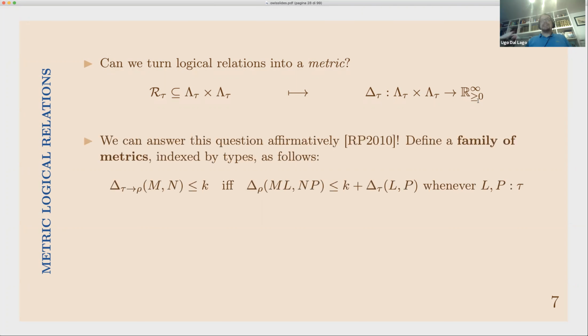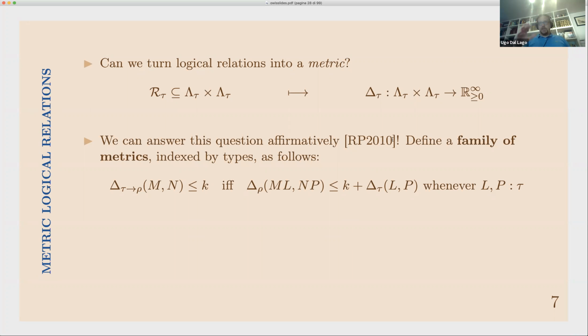Actually, the notion of the logical relation can be generalized into a metric. This is well known from the work of Reed and Pierce more than 10 years ago. And what you can get is the notion of a metric logical relation, in which you proceed more or less